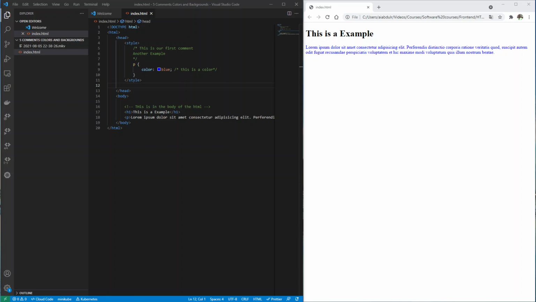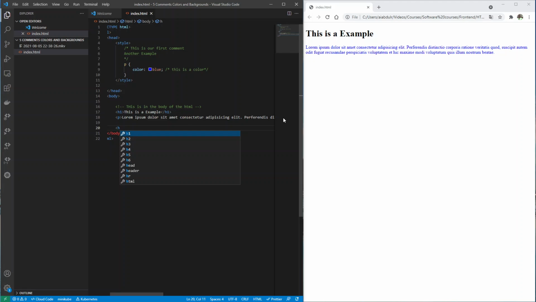So let's just have an example where we have a few more in our body. Let's create, and I'm gonna just create some space beneath here. Okay, and I'm gonna have another H1, and in here, I'm gonna style this,